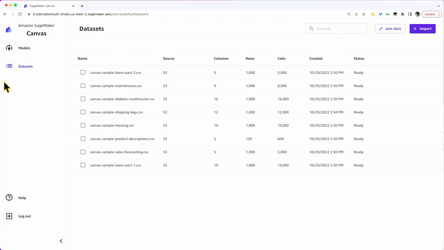I went in and created a Canvas account, and the first step that we're going to do here is to identify the data that we want to use. We probably all spend a lot of time working with data in our day-to-day jobs, and in Canvas, it's no different. And Canvas gives you helpful information about the data sets, like the source, the columns and rows, when it was created, other things. So we could use any of these data sets and play around with Canvas, but I'm going to